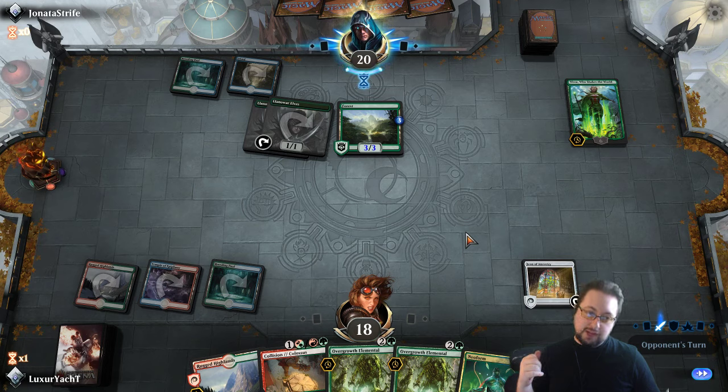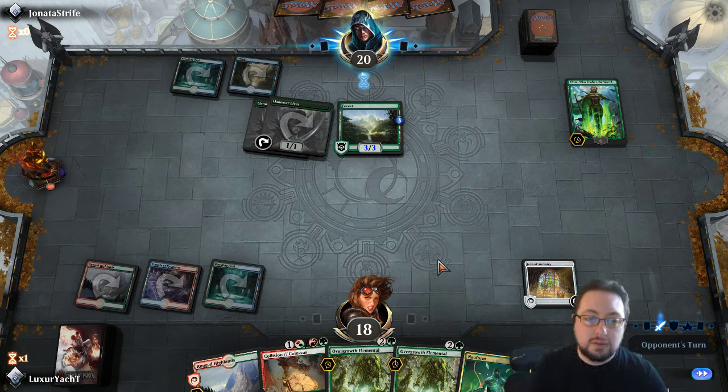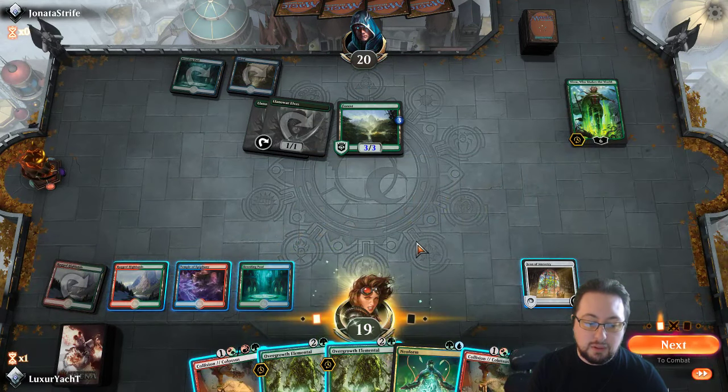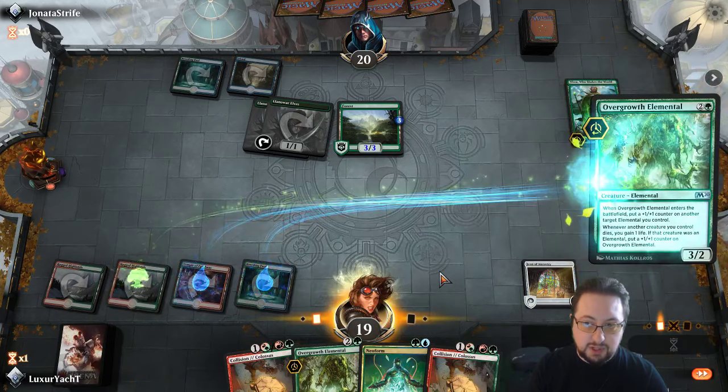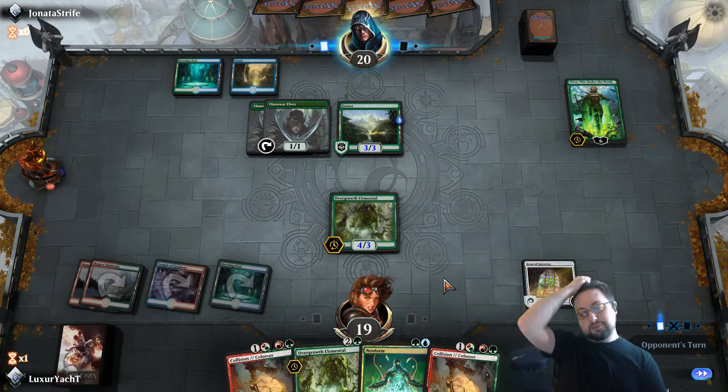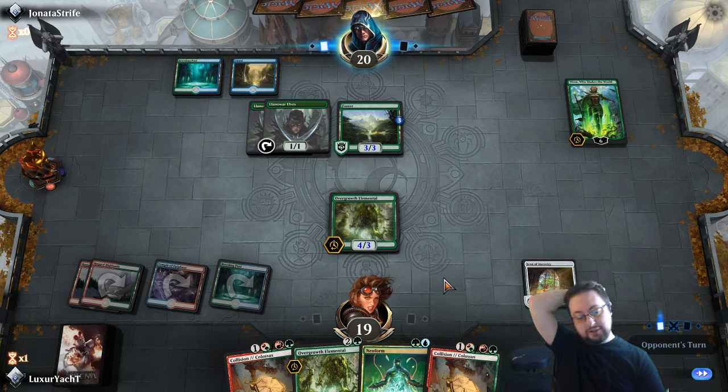If I get a lava coil, I might just zap it, although that's not proven to be all that great. Alright, well, I didn't get one. We're just gonna play an Overgrowth Elemental. If he swings, I'm not even gonna block it. I'm just gonna play the other Overgrowth Elemental next turn, and put a 1/1 counter on it, and then attack